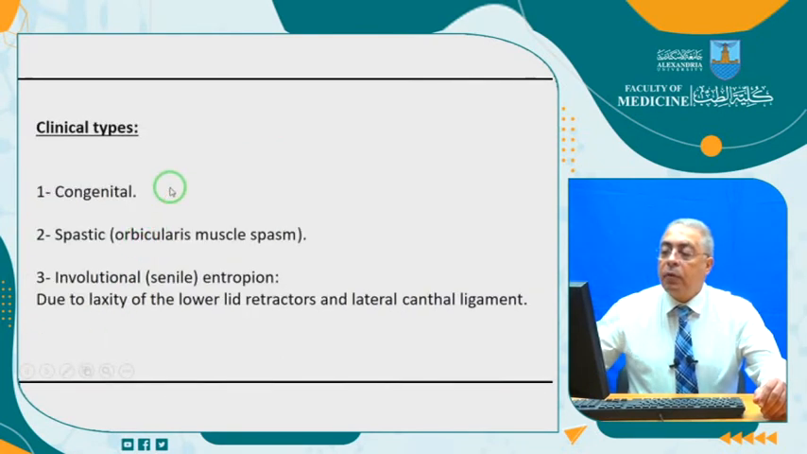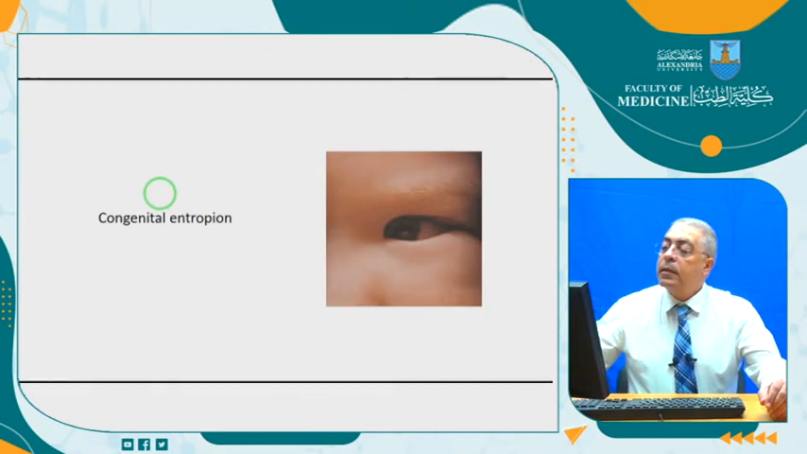What are the types of the entropion? May be congenital, spastic, due to spasm of the orbicularis muscle, or involutional with age due to laxity of the lower eyelid retractors and the canthal ligaments. This is an example of the congenital entropion. The child is born with a rolled in lower lid margin with thickened orbicularis muscle,